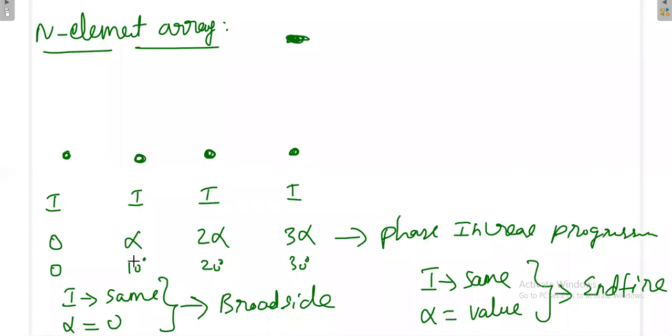For only 2 antennas, simply alpha. Once you have n antennas, you just have to progressively increase your phase shift, you will get end fire array. Then once you have end fire array or 2 element array, what is the array factor? By what amount your signal strength is getting increased? That is decided by array factor.